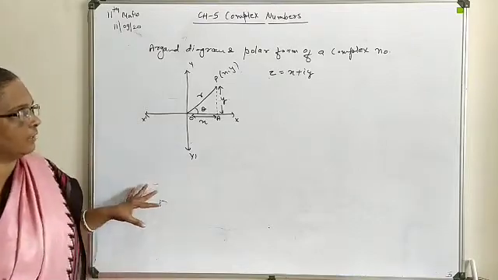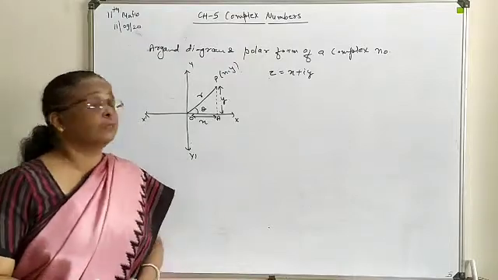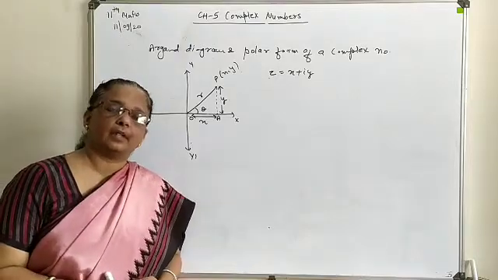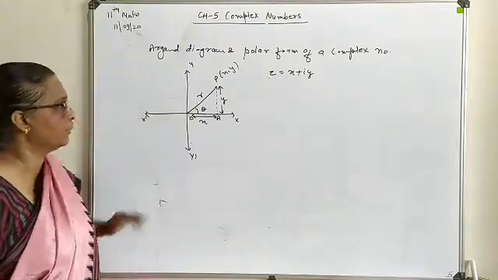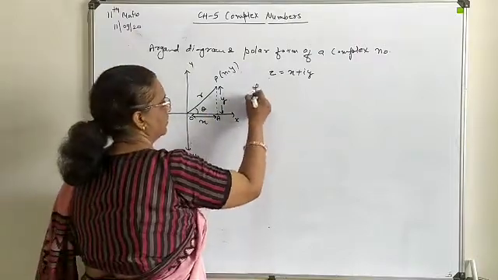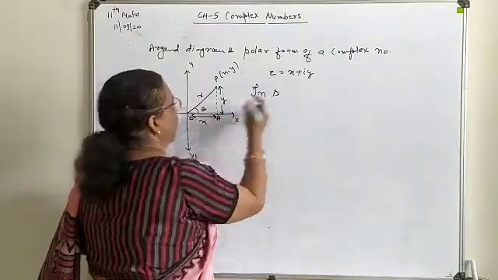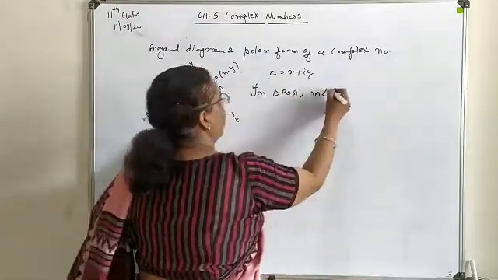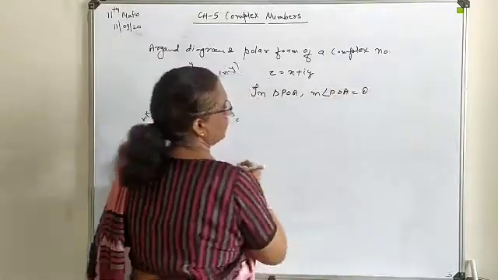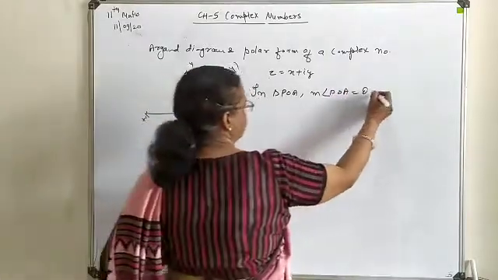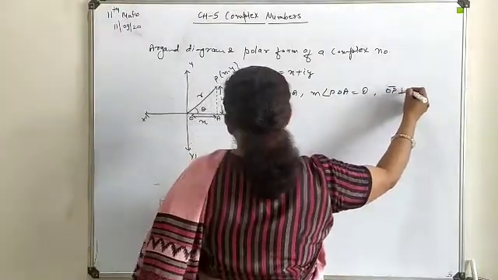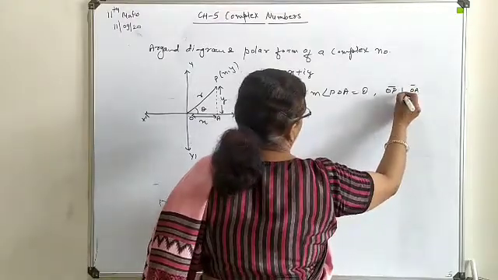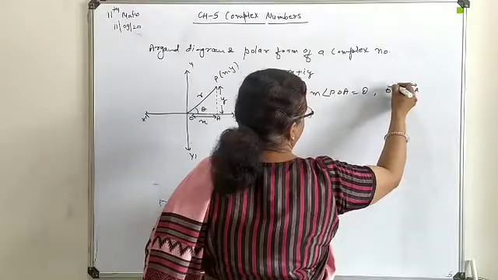So first of all, we try to find out the polar form of a complex number. When you are talking about a polar form, meaning in form of r and theta somehow you are going to define it. So here, as we are talking in the triangle POA, the measurement of angle POA we are going to take as theta, and OP and this OA, you can say, are perpendicular to each other, or you can say these are the lines.